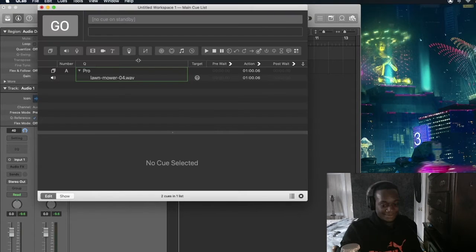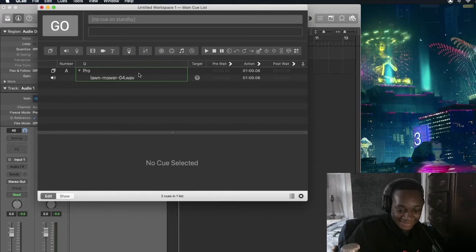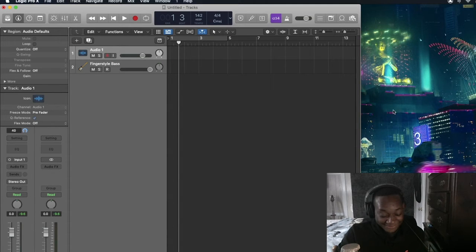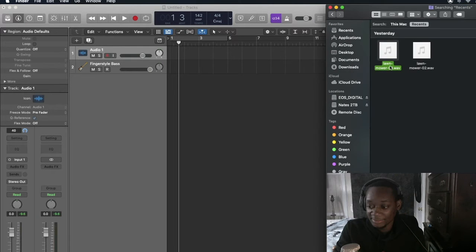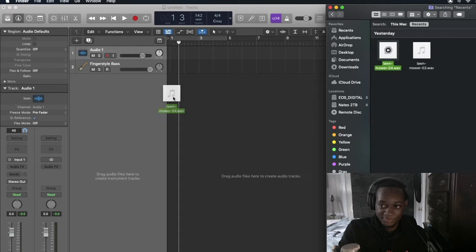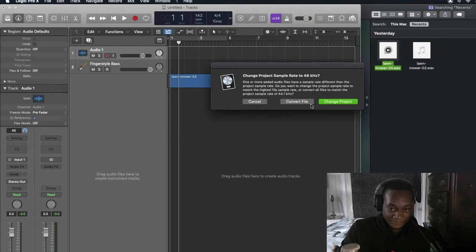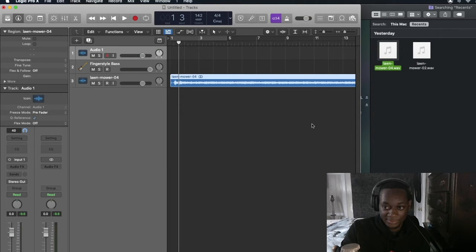That was pretty annoying. Now that Logic's working, I'm gonna do the better option of editing the sound and throw it in Logic now. So what I'm gonna do? Got my lawnmower. Throw this bad boy in here. We're gonna change the